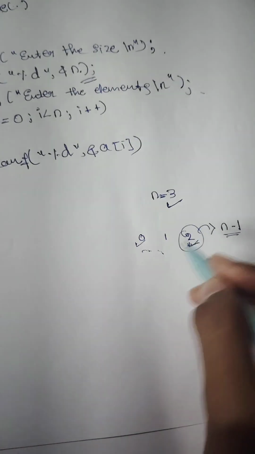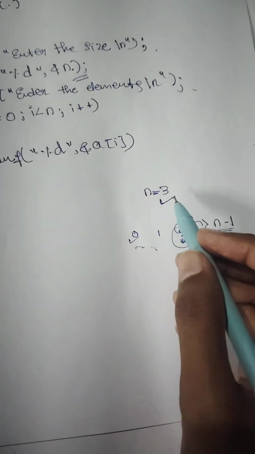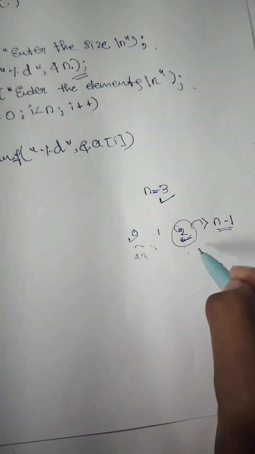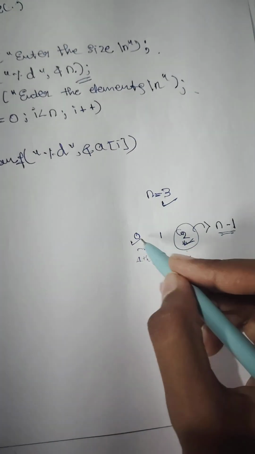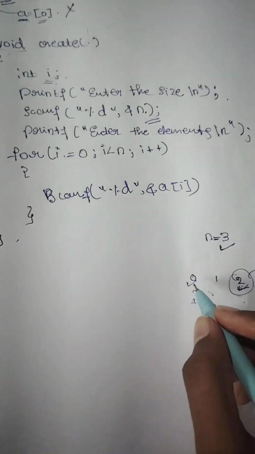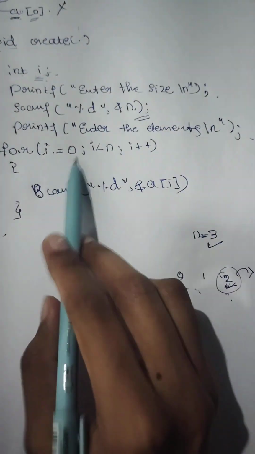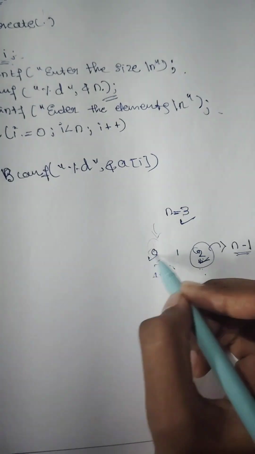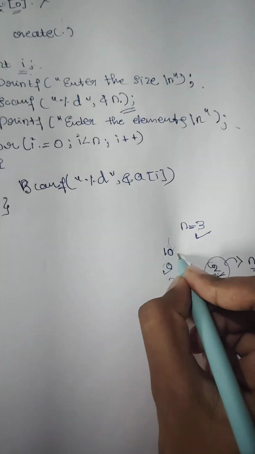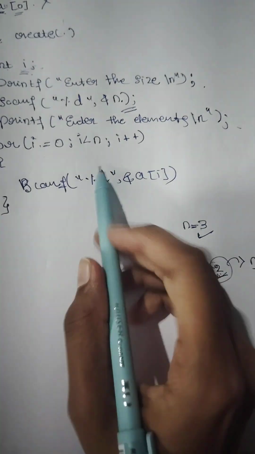But if it had started from the 1st position itself, then it would have ended at the 3rd position, but we are starting from 0, that's why it's ending at the 2nd position. Now while incrementing, I have set I equal to 0. That means I'm inserting the element at the 0th position itself. So you insert some element like 10 here, and then it will check whether I is